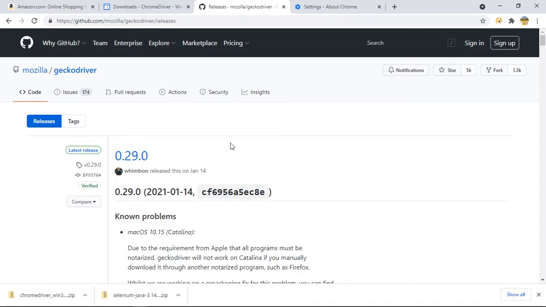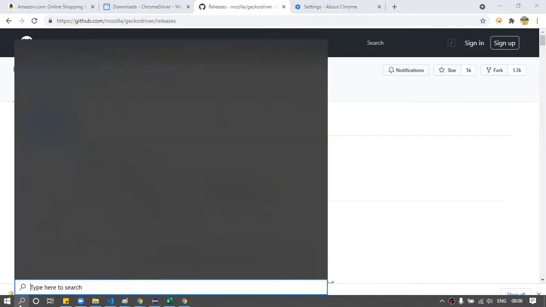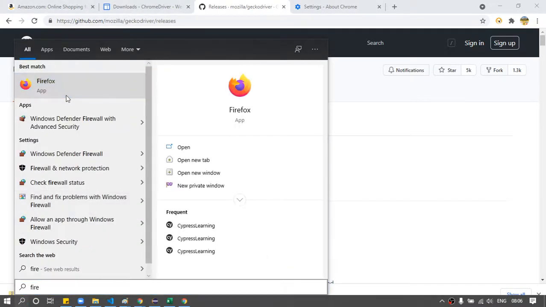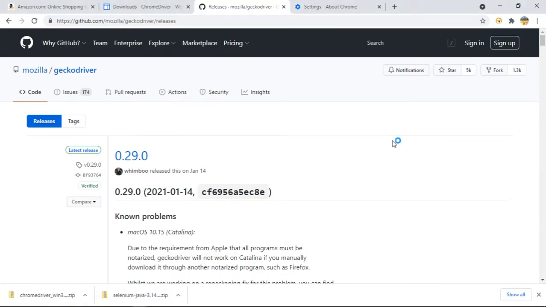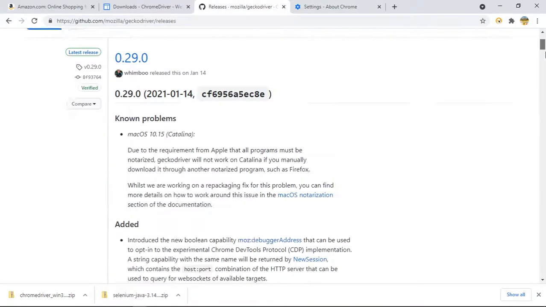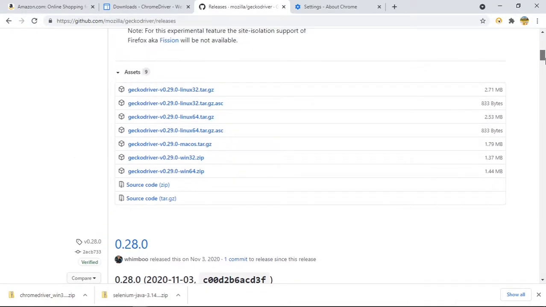After that, what you should first check is what Firefox version you currently have. So let me check it. Otherwise it might fail if the versions are not matching. So if you come down, you can see there are so many versions.